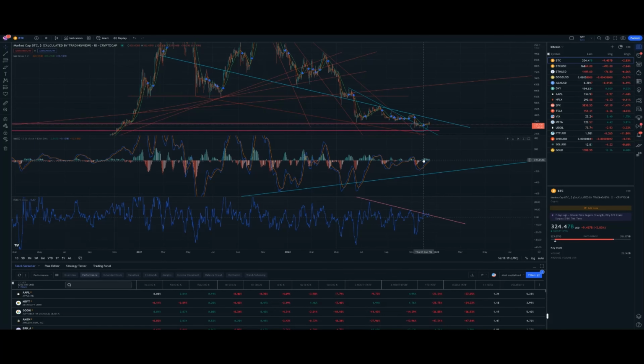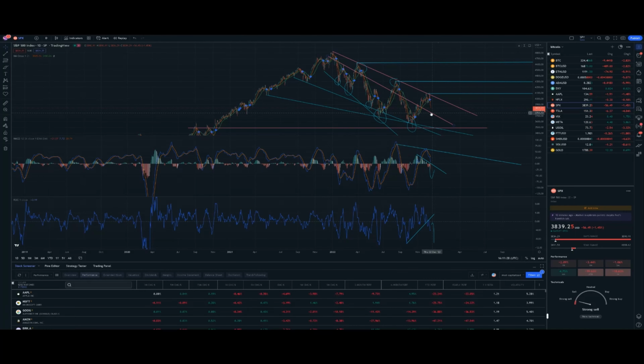But it does look like we are getting a lower high here, and that's not necessarily good for a bounce, so just be very careful. As far as the S&P 500, it more than likely will get a bounce around the 3,700 area, if not the 3,600 area, to come back against resistance. If not, it'll try to hold support, but in the long run, it would break that support. I don't believe we are going to be able to stay above this. I do believe we are going to start to sell off aggressively, followed by a bounce. But where that happens, it'll either be here or here.